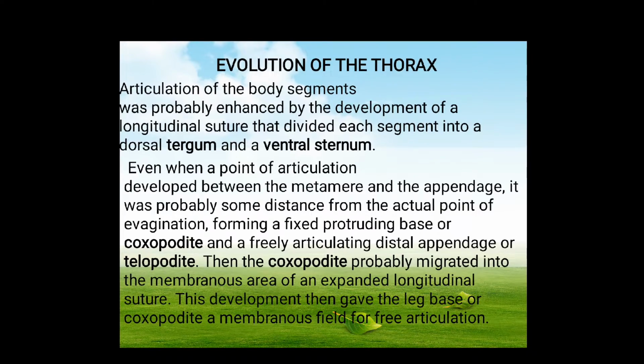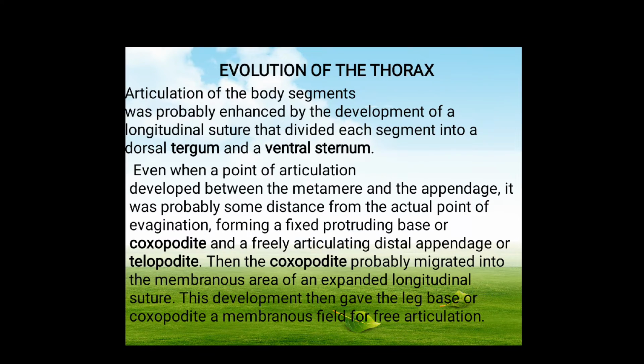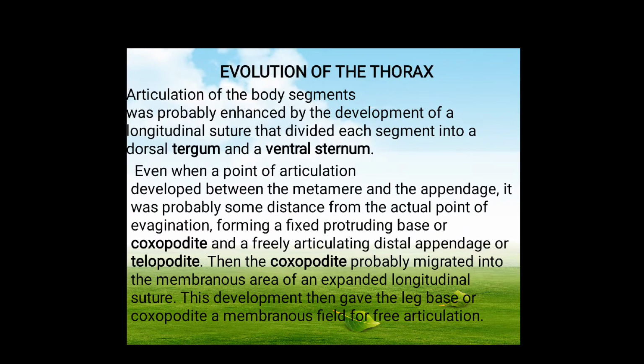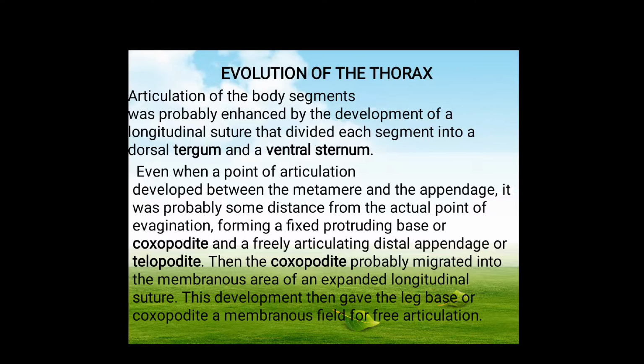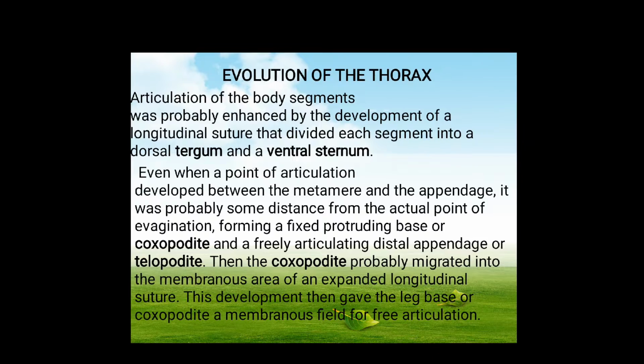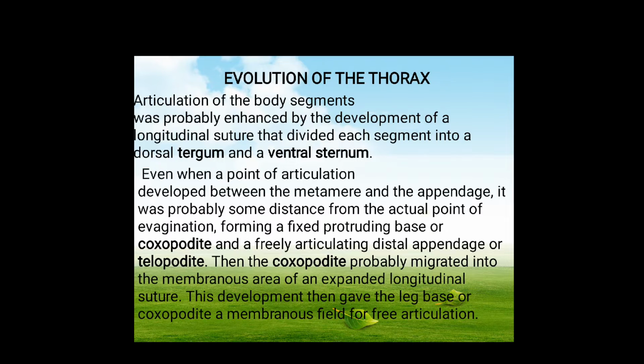Articulation of the body segments was probably enhanced by development of a longitudinal suture that divided each segment into a dorsal tergum and a ventral sternum. Even when a point of articulation is developed between the metamer and the appendage, it was probably some distance from the actual point of evagination,